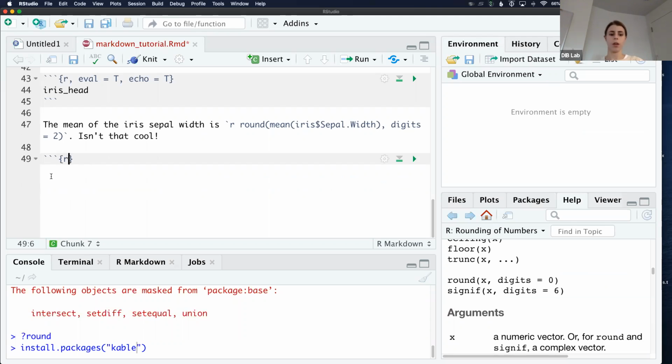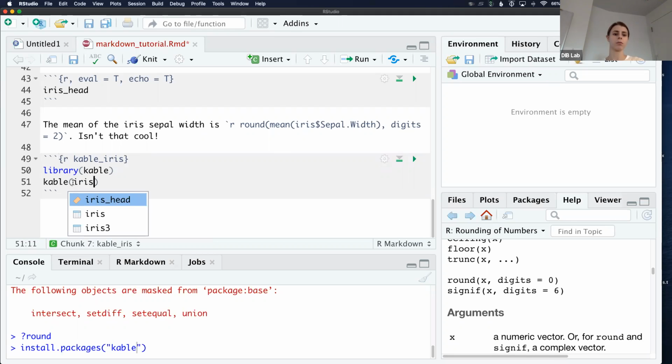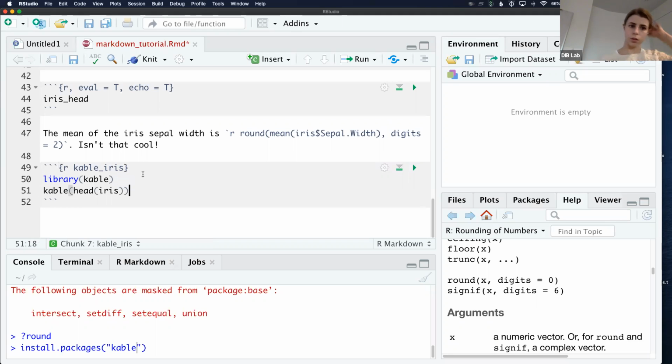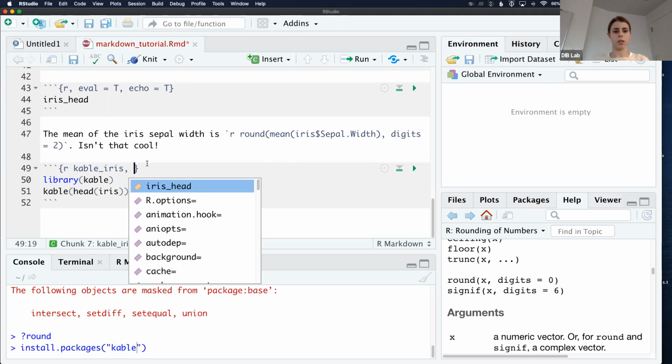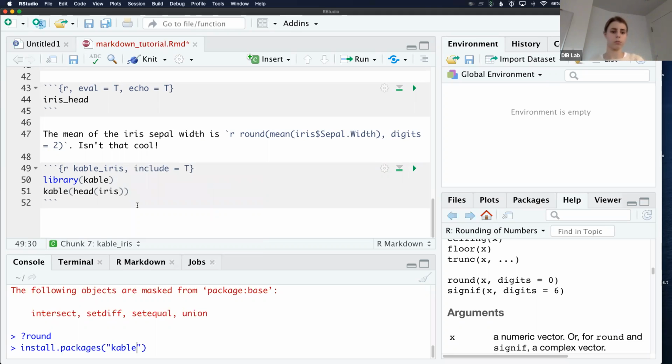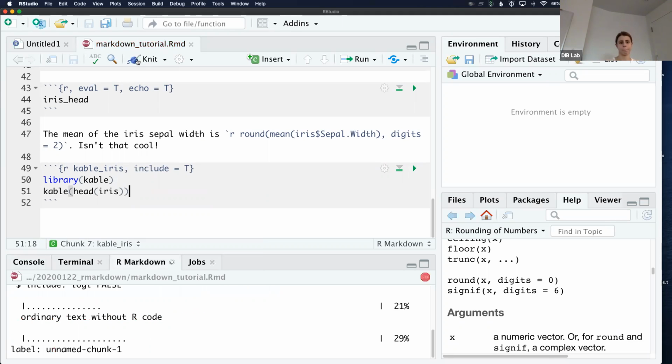And then I'm going to generate a code chunk. I'm going to call it kable iris. And in this one I'm going to type library(kable). And then instead of head of iris, I'm going to type kable, head of iris. And I want to make sure that include is equal to TRUE. And now if I knit this,